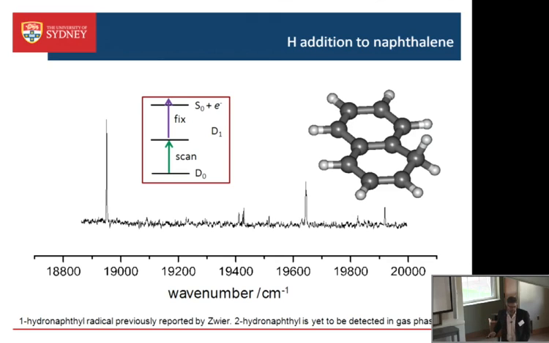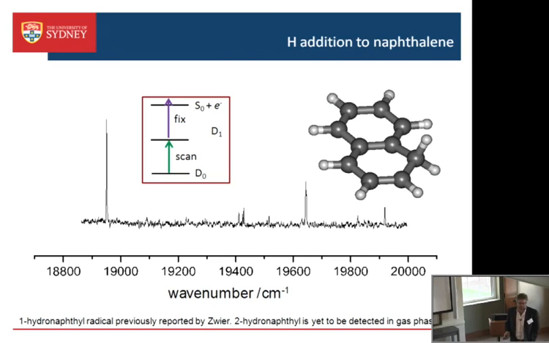Nevertheless, the cations may well absorb more strongly. And all of these radicals have got quite low ionization energies, and it could well be that they exist in the interstellar medium as cations. And so what we did is we set out to measure the spectrum of a cation in our lab in a way